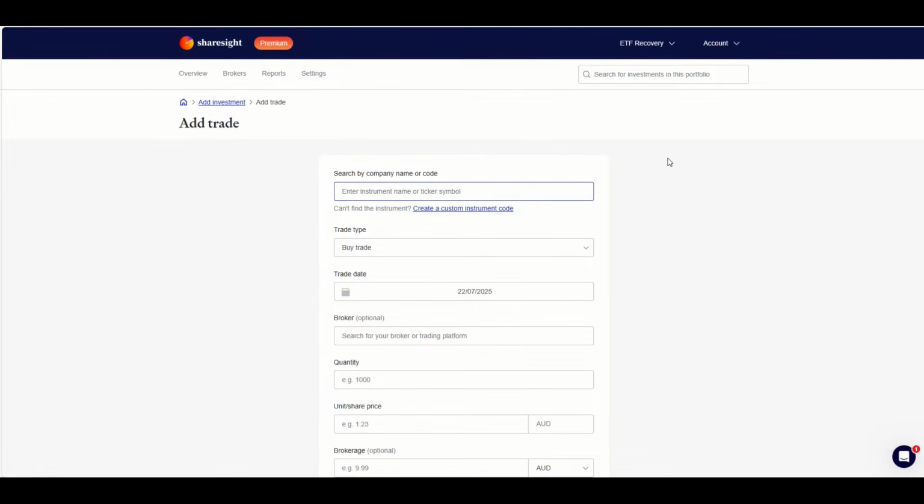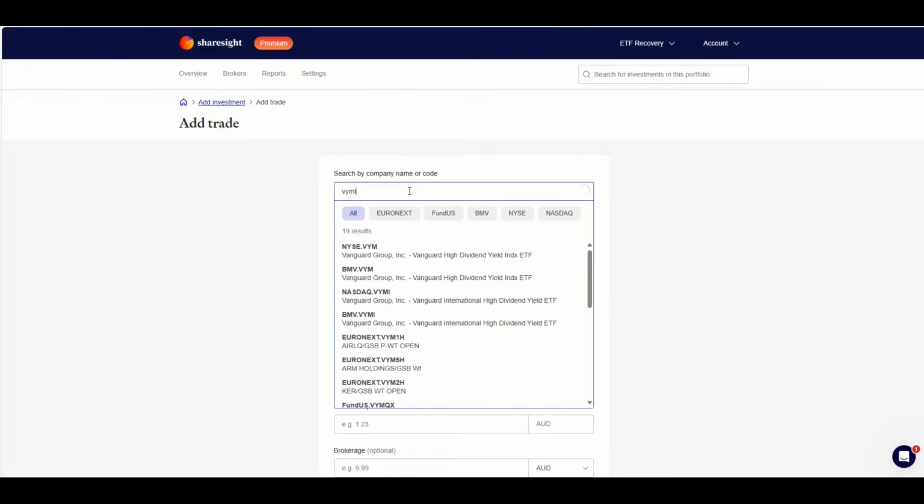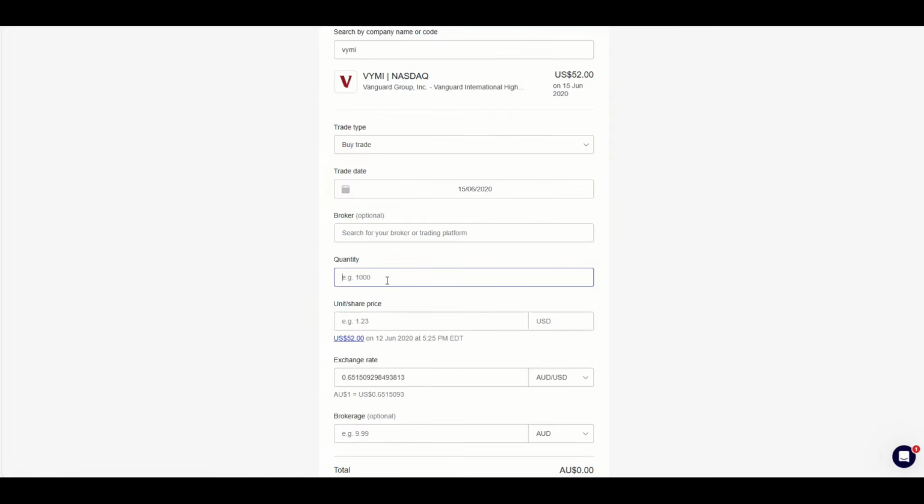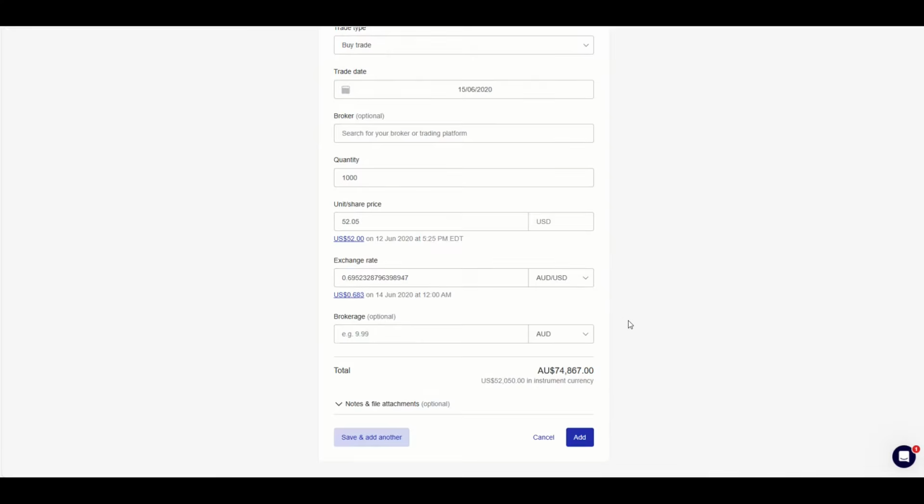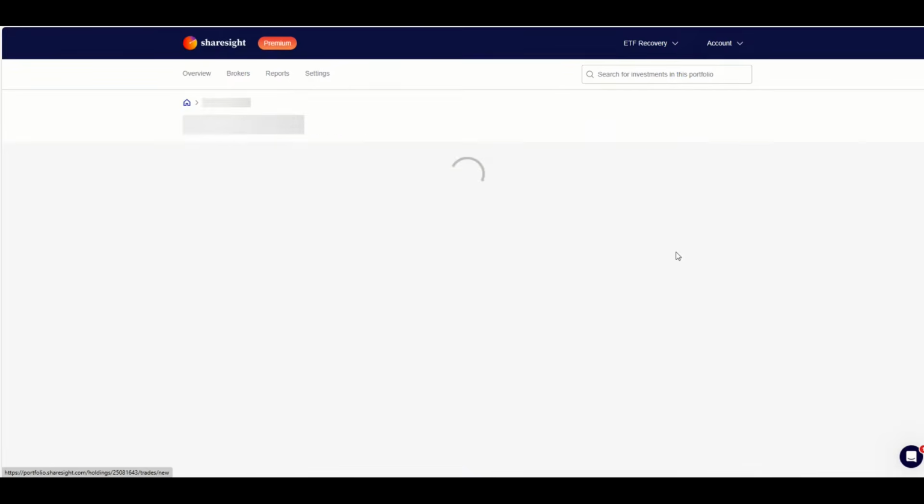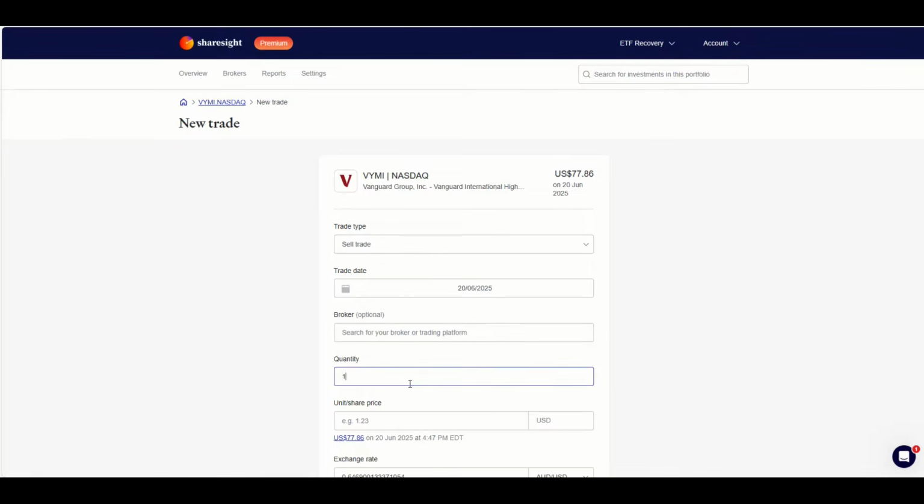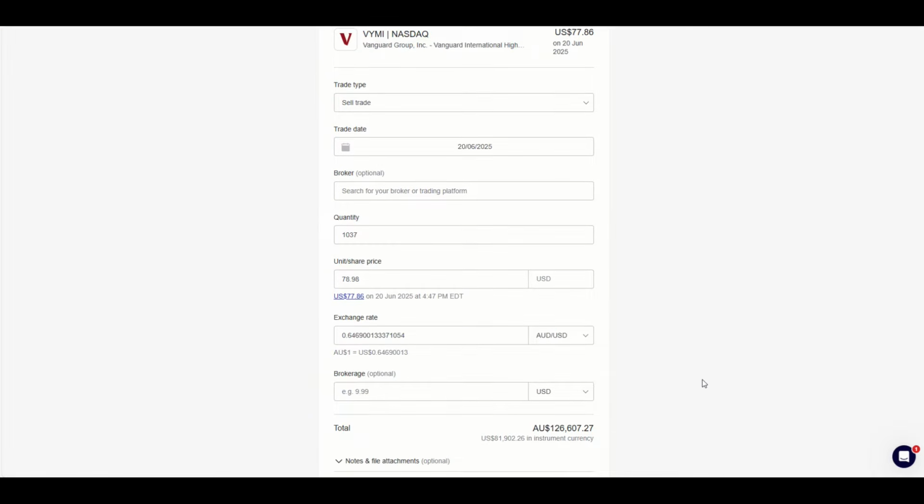Step 3. List capital proceeds and full cost base. I entered the purchase of 1,000 shares at $52.05 USD on the 15th of June 2020 here. Sharesight applied the FX rate of 69 cents and calculated my AUD cost base to be just under 75,000. Then I added the sale of 1,037 shares at $78.98 USD on the 20th of June 2025 with an FX rate of 0.64. My capital proceeds came to